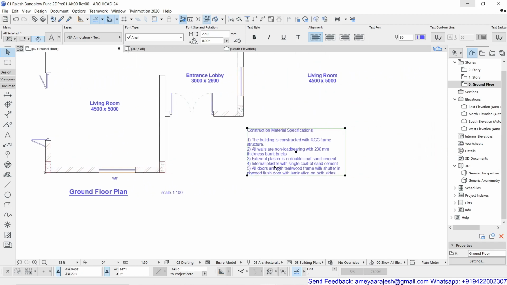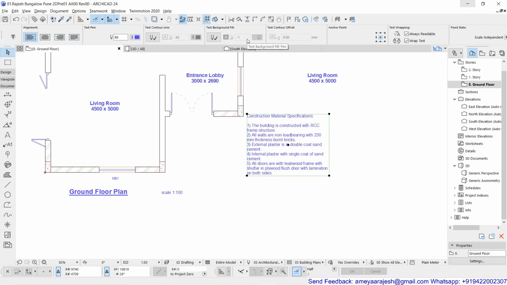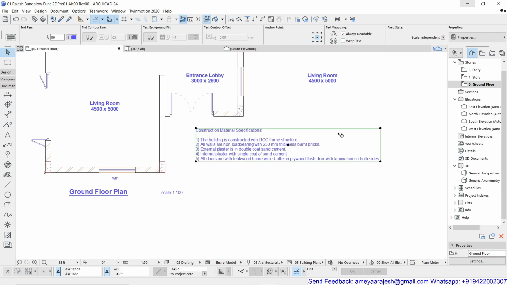So remember, this is how you are wrapping. If you want to cancel the wrapping, then with the text selected, you can just go inside your info box, and there is an option known as wrap text, which is on by default. If you remove this check mark, you will realize now this is text without wrapping.